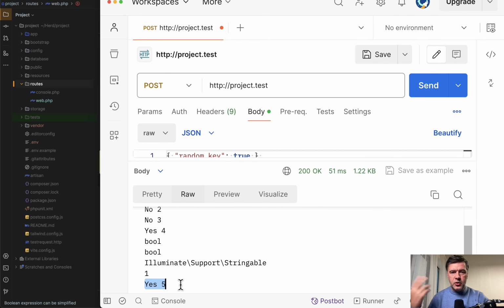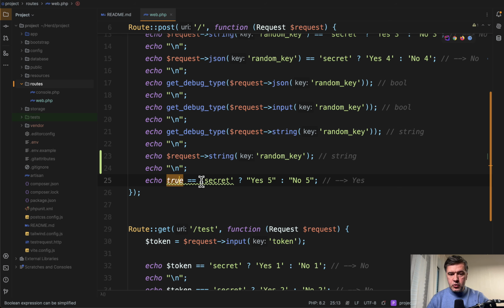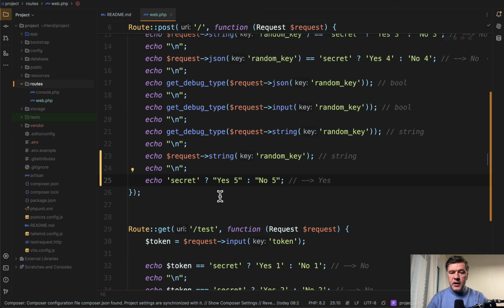It's not actually a security issue in Laravel or even a security issue in PHP. It's the behavior, kind of the expected, in a way, behavior of language comparison. So that's why PhpStorm underlines it here, suggesting that the Boolean expression can be simplified to just this. And if that is converted as Boolean, that would return true and then return yes 5.